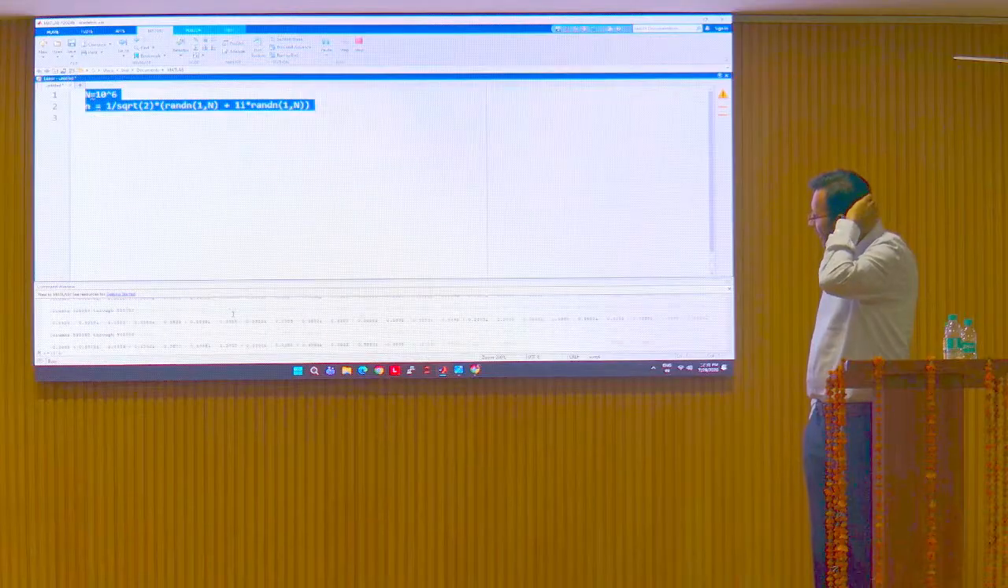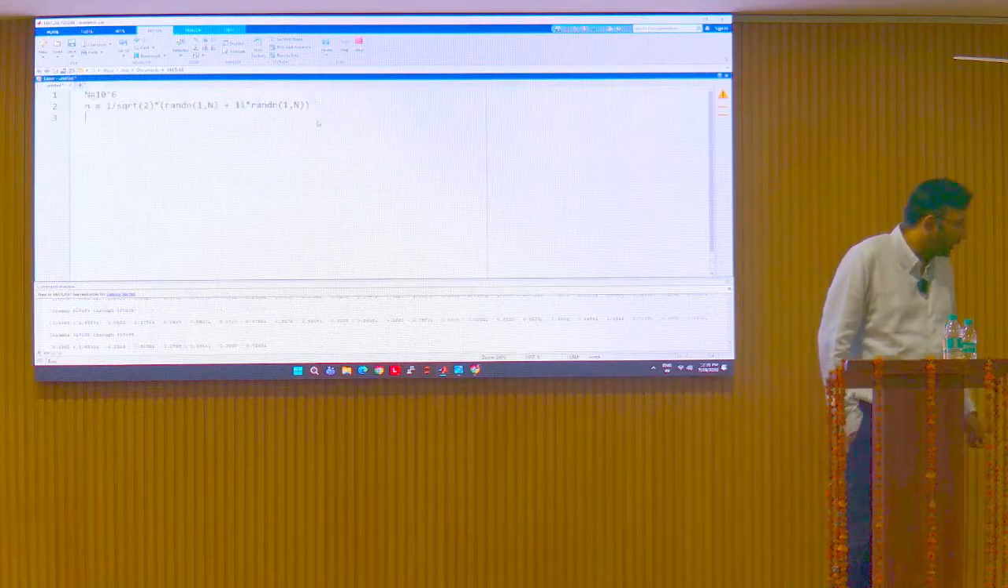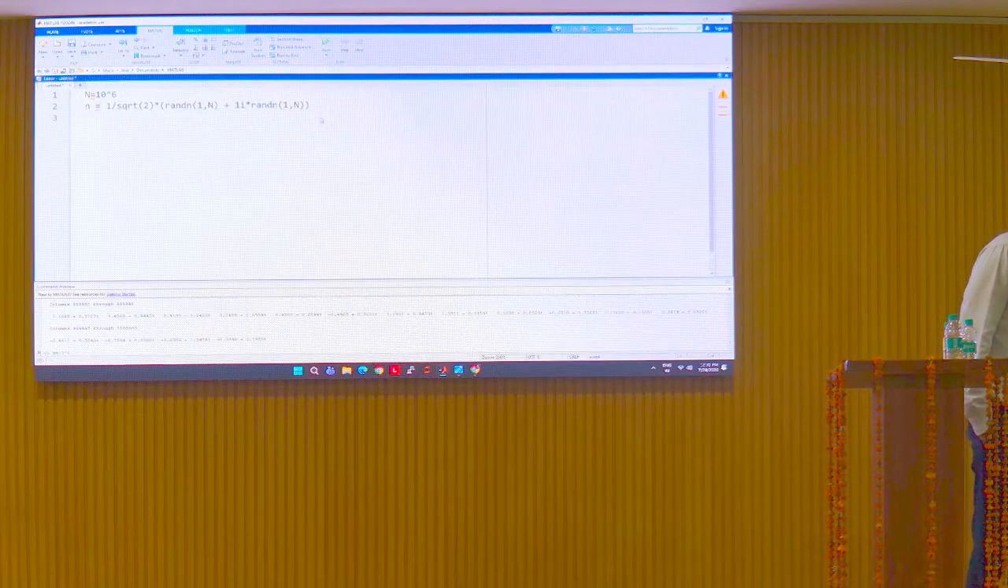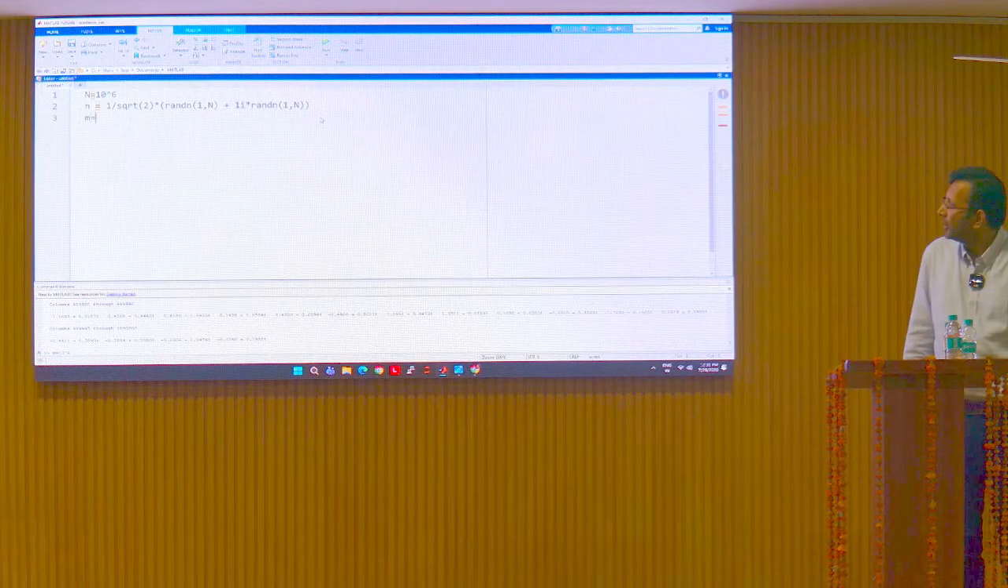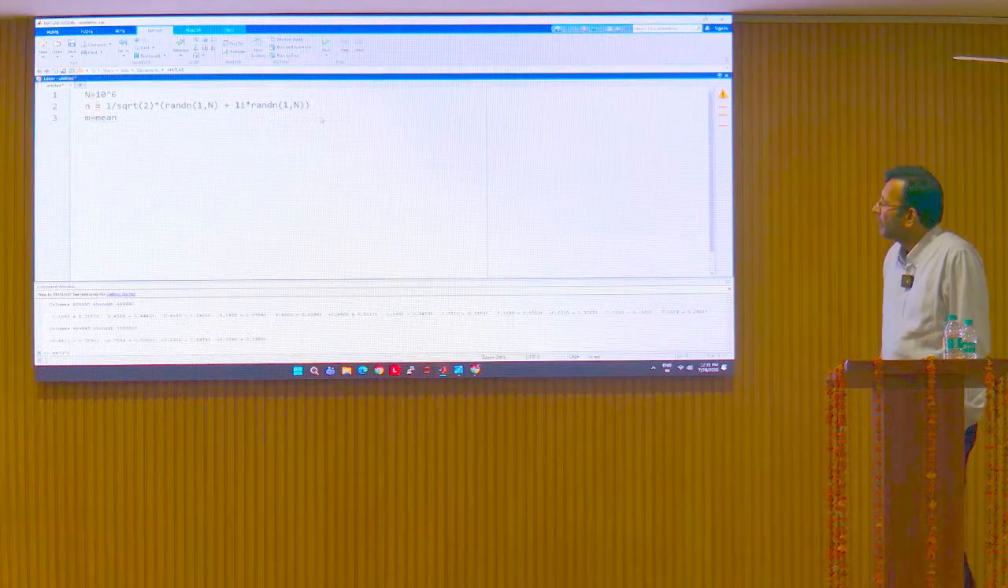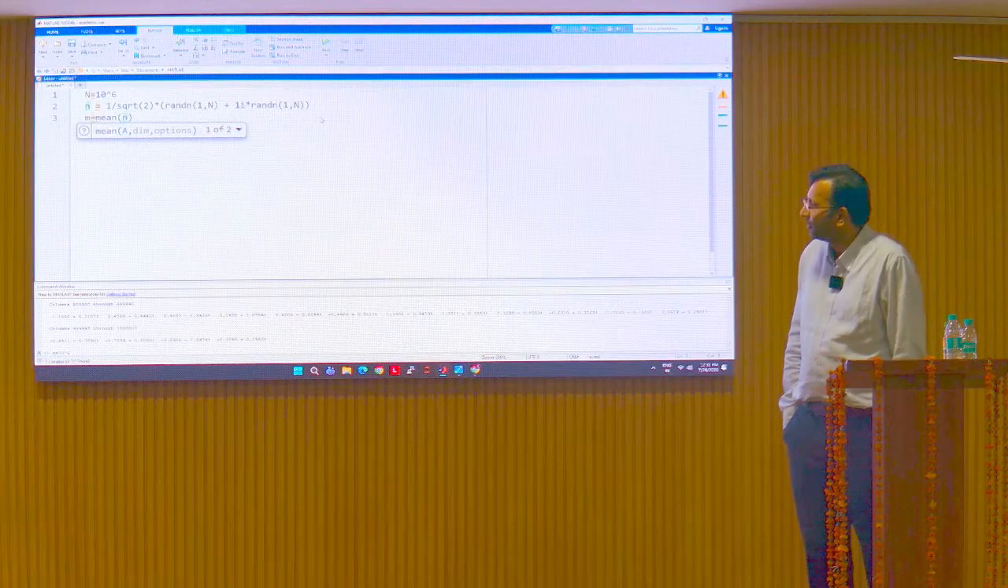ओके, ठीक है। अब इसका मीन और वेरिएंस का कमांड लिख दो, n का चलने दो। m equals to mean of n, v equals to variance of n।